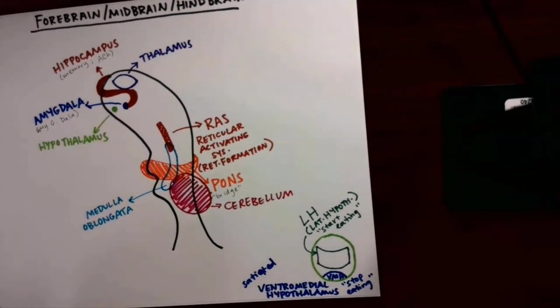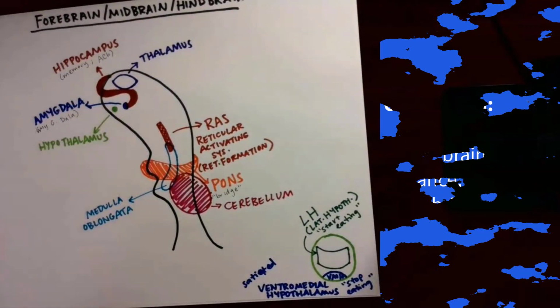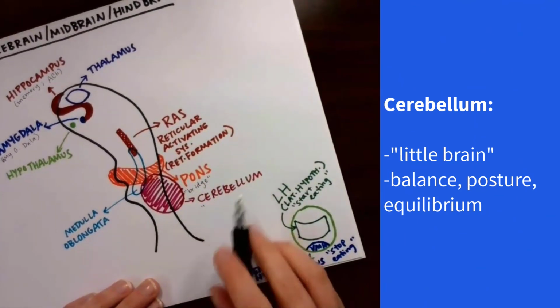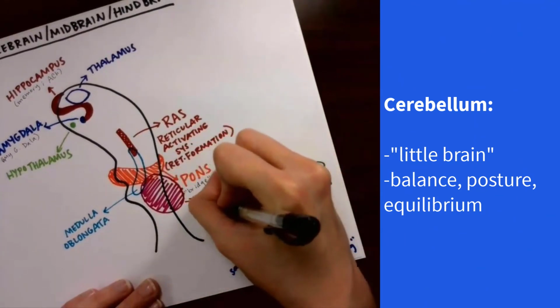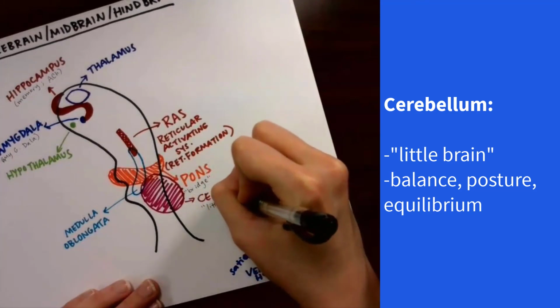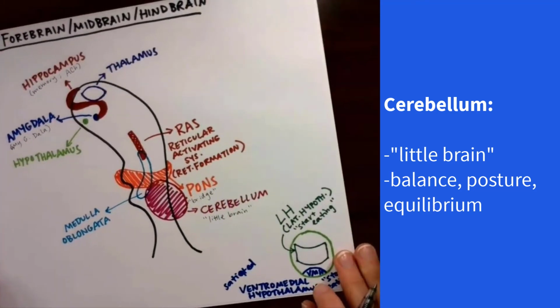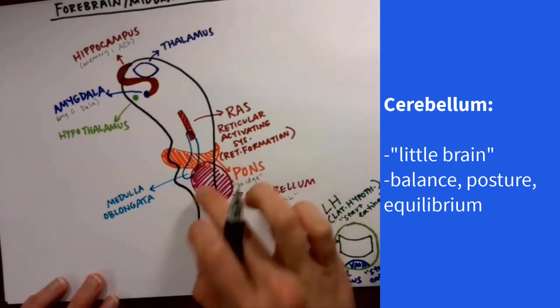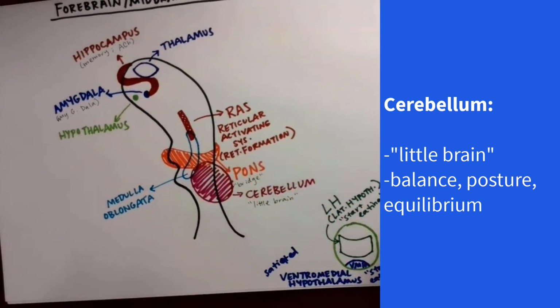Right, the cerebellum. Cerebellum is a word that sounds kind of like cerebrum, right? So it literally means little brain. And that is basically because it looks like a little brain, right? It's a small little brain in the back of your brain. So this controls your balance, posture,